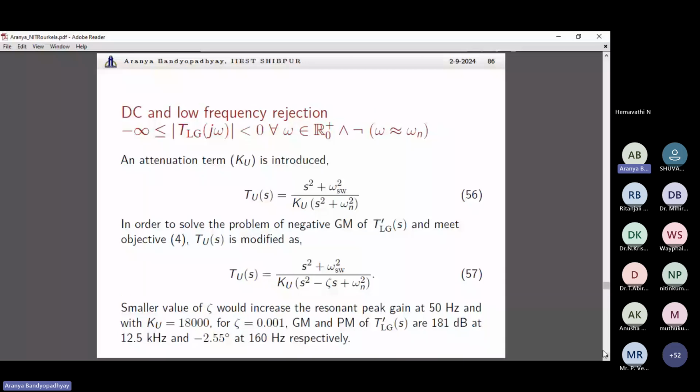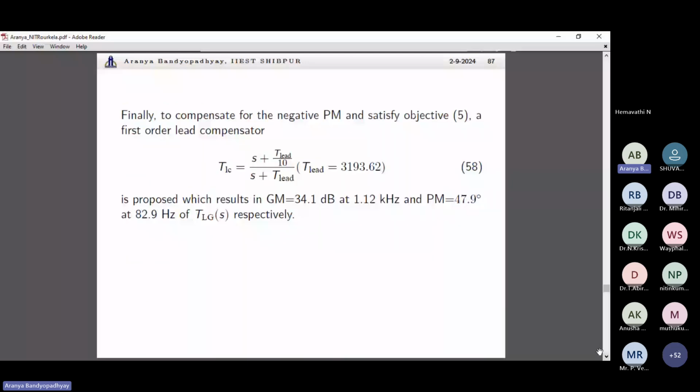Let us introduce an additional attenuation term, the KU term, to solve the problem of negative gain margin. We can also use a small value of zeta, so it would increase the resonant peak at 50 Hz. You know that. Let us put KU at 8000 and zeta as 0.001, and then we can clearly see we are getting somewhere. And still, even though we have obtained the positive gain margin, we are still getting the negative phase margin,